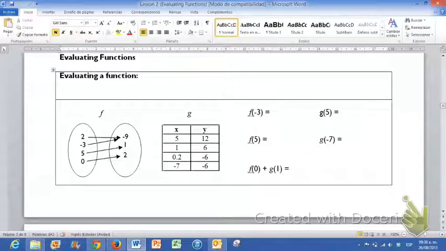This is day 11 of our course Differential Calculus. As you can see, we continue evaluating functions. This is today's subject. We're continuing with it. So let's start with this